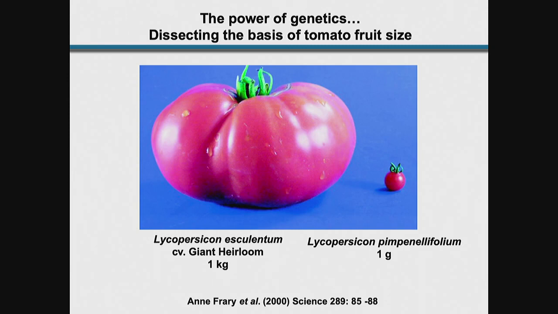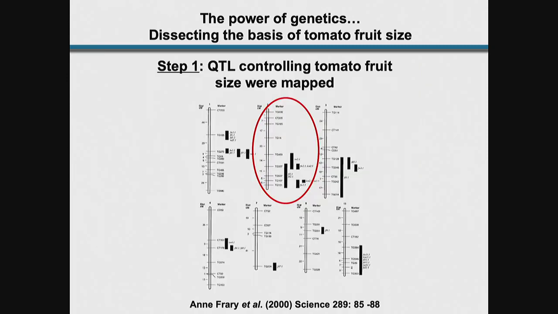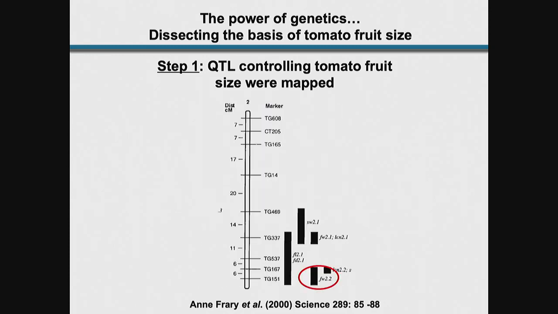And this is what Frary and colleagues did. Using these methods, they were able to hone in on a portion of chromosome 2. They had potential QTLs across different chromosomes. They had one very promising region of chromosome 2, and they decided to hone in on this particular region,